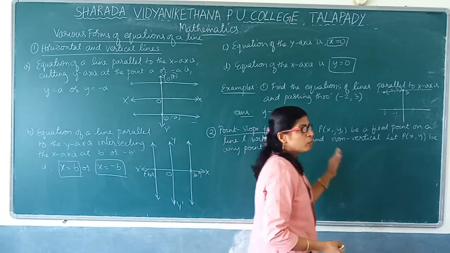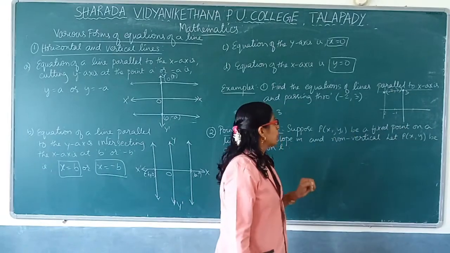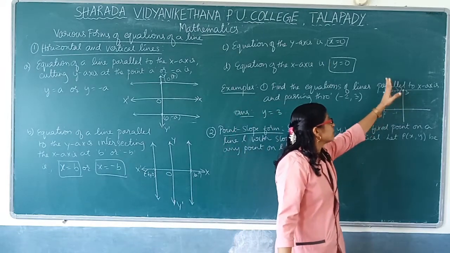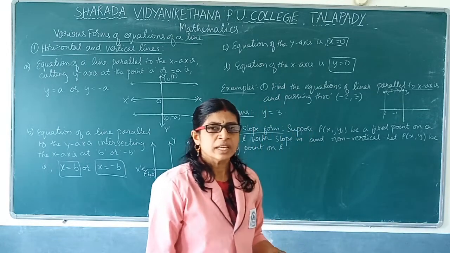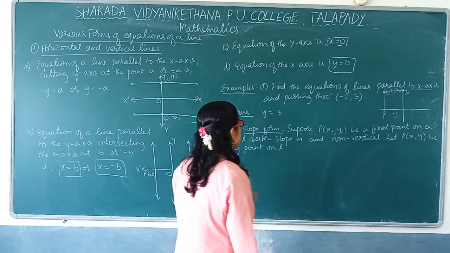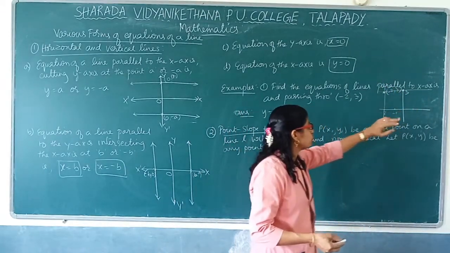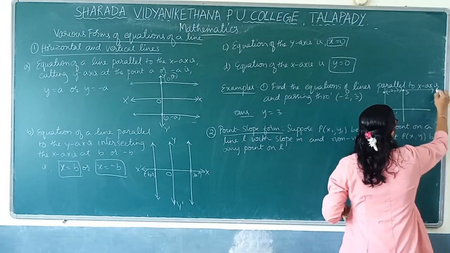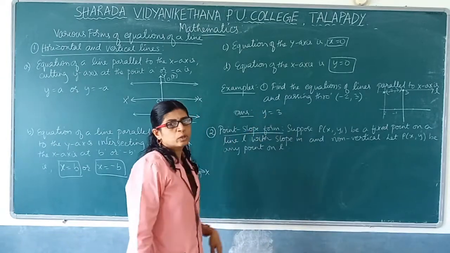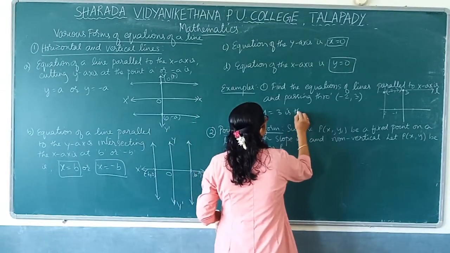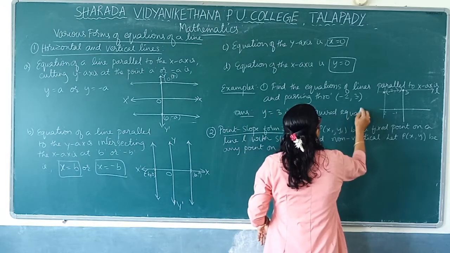Suppose the same thing, I want the equation of a line parallel to the y-axis here. Parallel to the y-axis means this line will intersect the x-axis at minus 2. So what will be the equation of that line? x is equal to minus 2. I am telling this just for your information, because in the question they have asked parallel to the x-axis only. Parallel to the x-axis means this is the required line. It is intersecting the y-axis at the point 3. So you can write y is equal to 3 is the equation of the line. Okay.